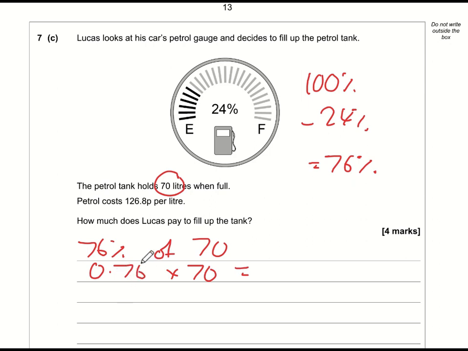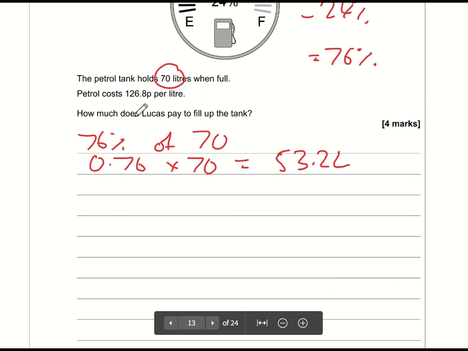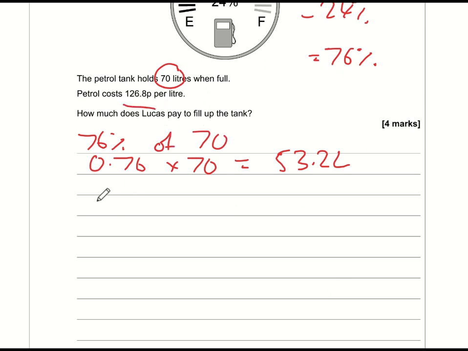0.76, that is the percentage multiplier for 76%. In other words, 76 divided by 100. And 0.76 times 70 is 53.2 litres. So he's going to put 53.2 litres into the tank at a cost of that amount per litre. So the next calculation is 53.2 multiplied by